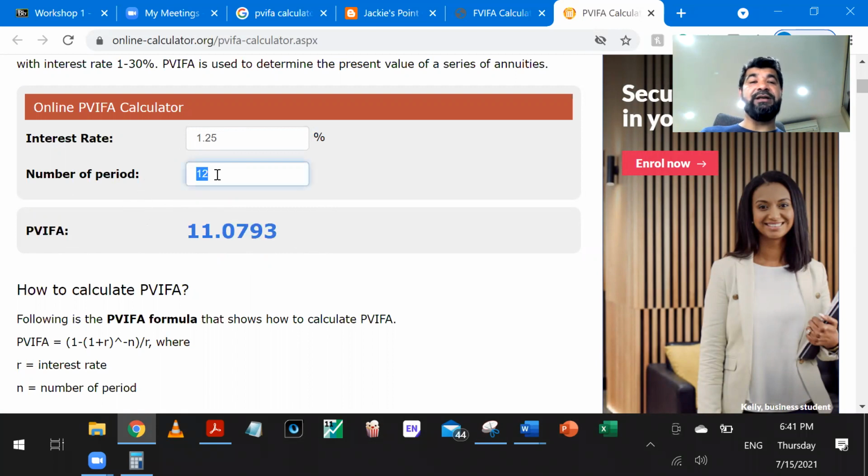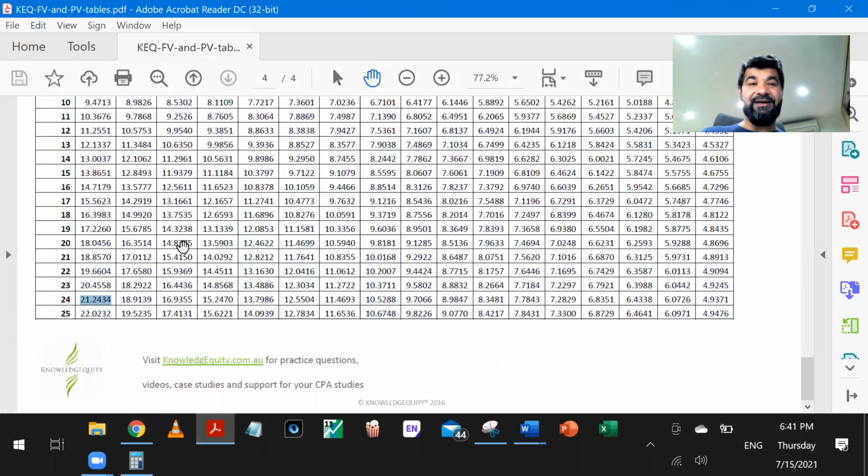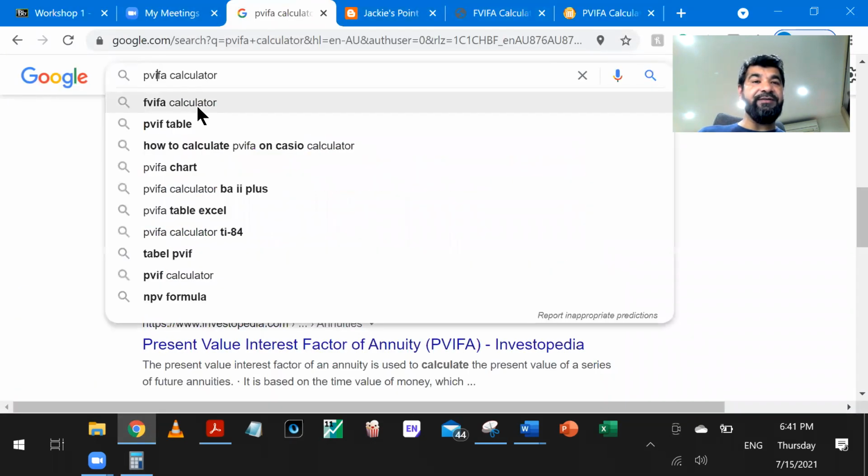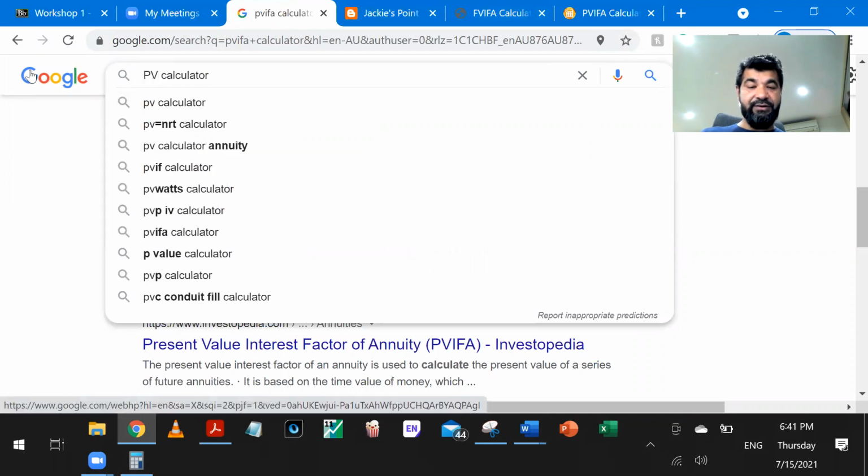Number of periods, let's say 24. It will be this. With this, it is the interest factor annuity. See, when it says the factor, it means it's just giving you the stable figure, this figure, so you multiply it with the payment. Okay. But if we talk about the present value annuity, not the interest factor,